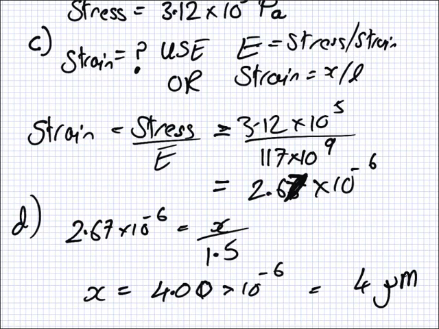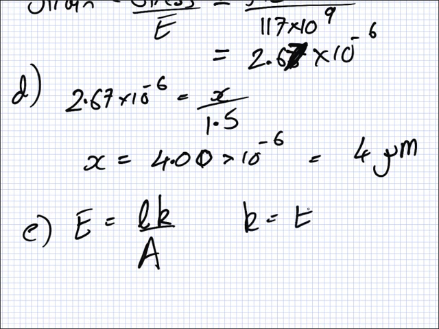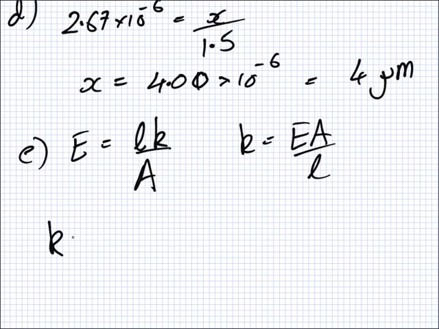What is the K? Alright, so we can use that formula I gave you for K. K equals something, LK over A. Oh, sorry, I gave you E, didn't I? Yeah. E equals LK over A. So K equals EA over L. No, well, this formula is not in the formula book, so you're going to need to think of some way to remember it. Yeah. Right, so here the K will equal